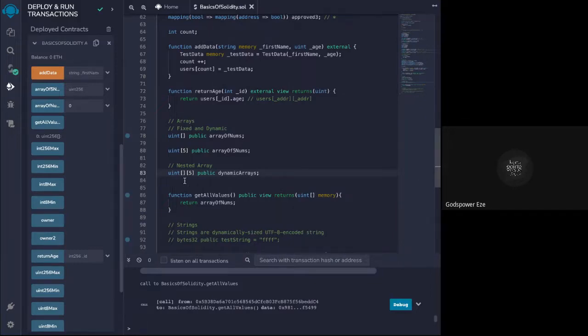Yeah. So now this is a nested array. So basically, this is an array of 5 dynamic arrays. So an array has some members, right? You can find the length of an array. So let's just quickly